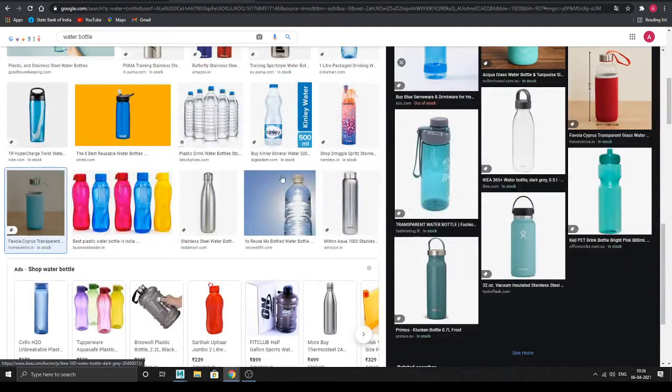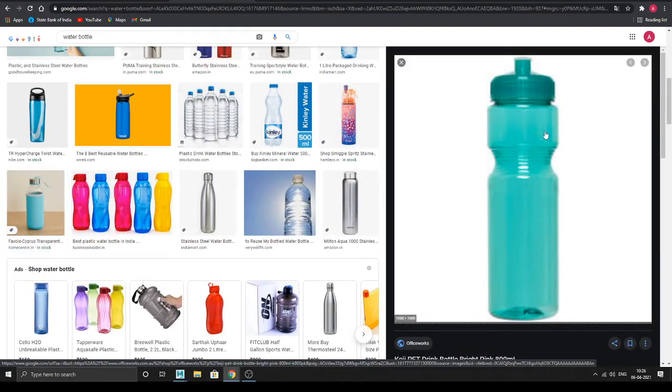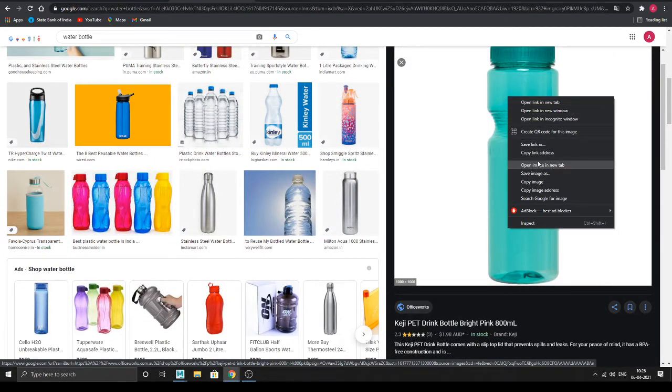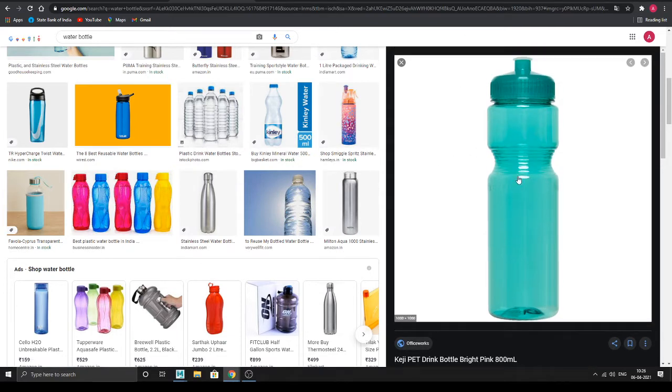Okay, this is easy. Alright, we'll take this. Now, for bottles, you know it is cylindrical and all the sides will be similar. The front view will be similar to the right view, similar to the left view, and the back view will be similar to all these views, right? So we don't have to take multiple views over here. Now we know how the bottle looks.